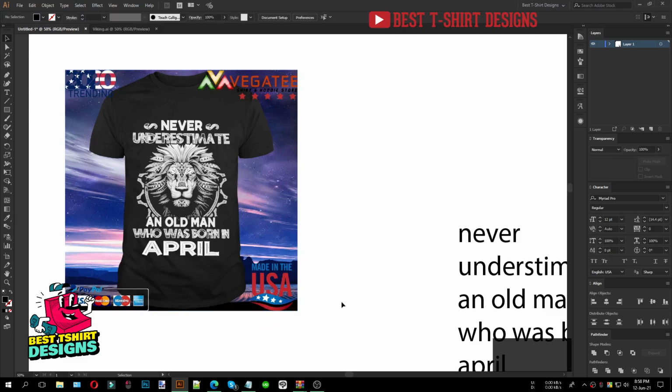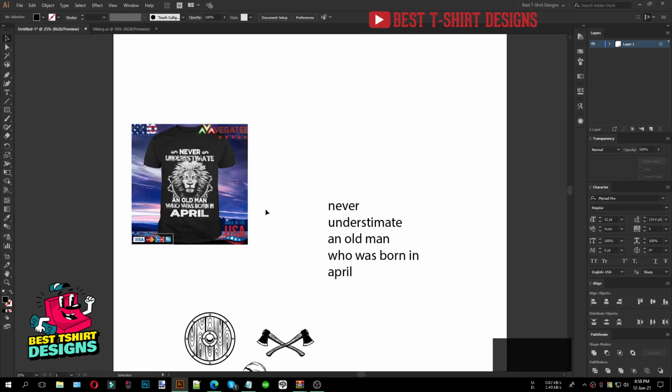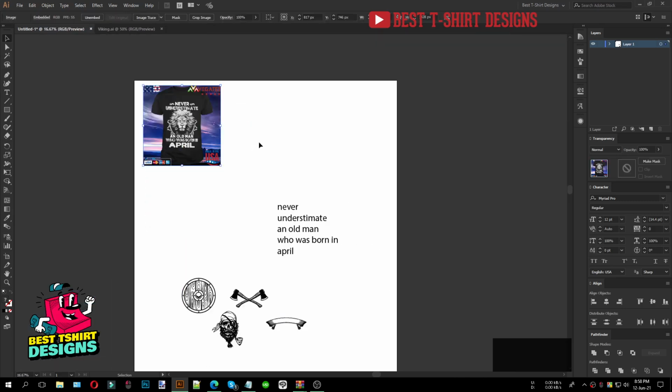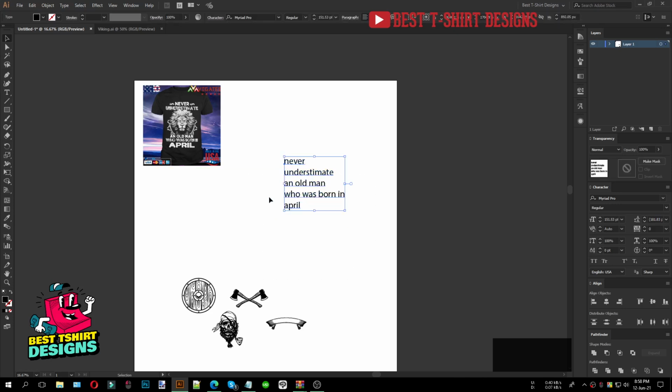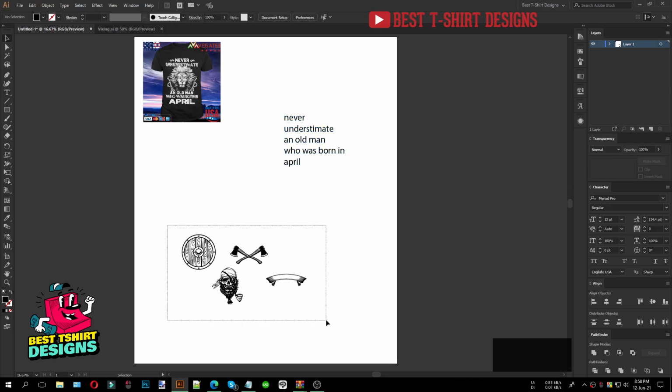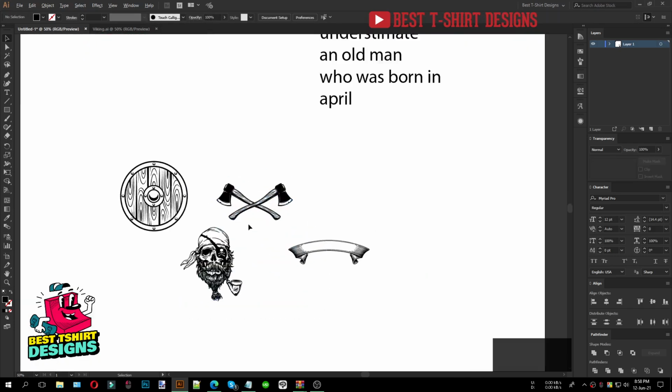Anyone can wear or buy this shirt if their birthday is in April, or any month of the year. So we can easily make it a scalable design. I will make one design, then make that design fit for all 12 months. That's why this is an interesting one, because you can make many designs out of one single design. This is just the text here, and these are some of the elements I am going to use in my design today.